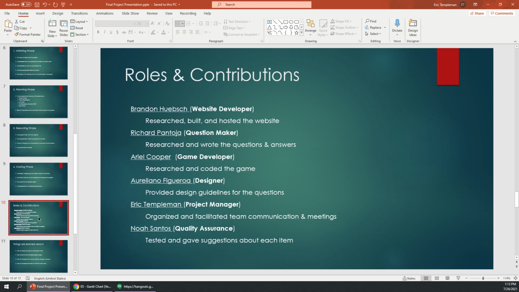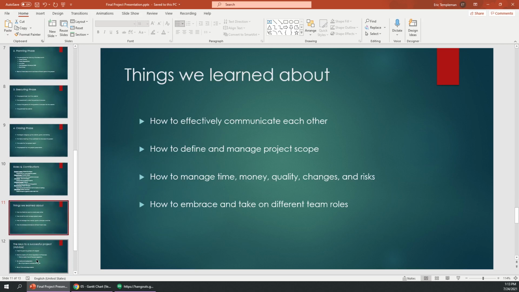And now, besides the contributions and the specifics of the project, some more general things that we learned about project management. I think the most important thing we learned was team communication. Really, that was where we shined, I think. If we didn't communicate properly, I don't think we would have completed this project with the amount of time that we had. I learned how to organize and manage meetings and stuff, but also